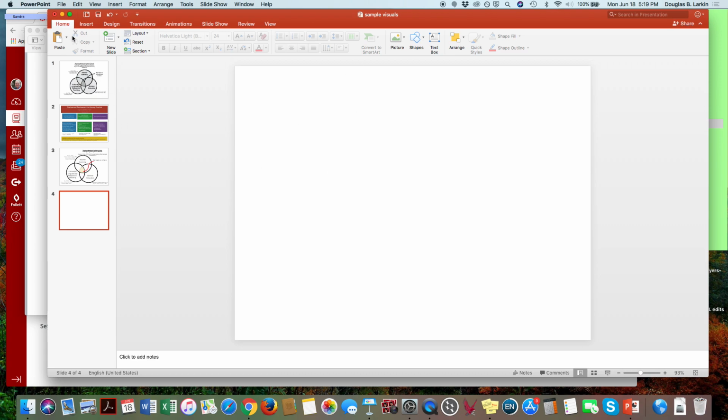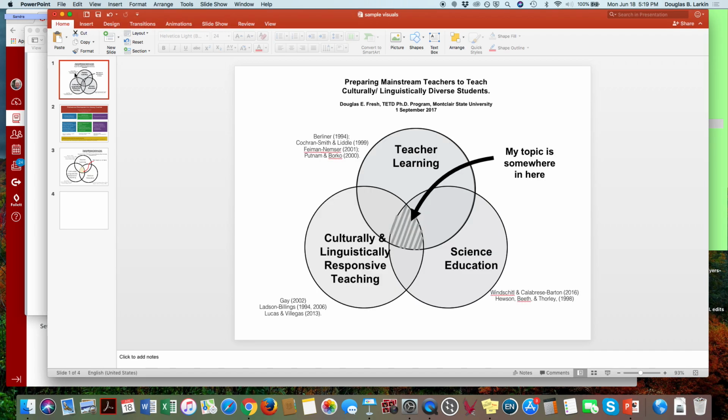So you've already got a framework there to work with, and you've got different concepts, academic language, and so I can begin to envision, if you're using a Venn diagram, what that might look like. I can even anticipate what some of your citations are going to be. How about you,